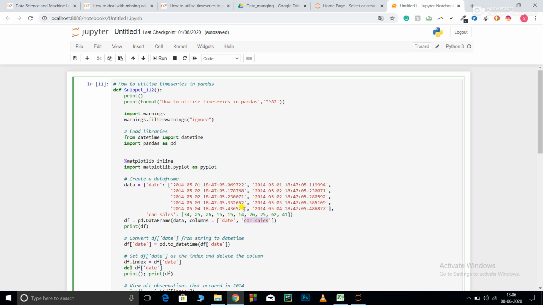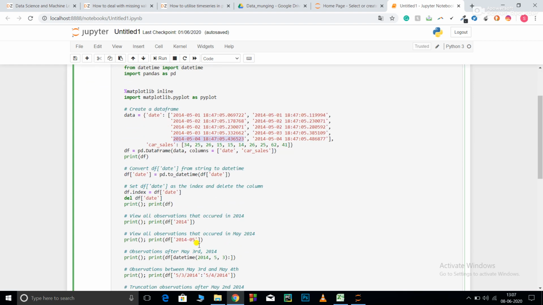Now as I have not specifically said that these entries are time series, they haven't been timestamped yet. That is, Python is going to recognize these entries as just string values, nothing else. But I want pandas to know that these are not just string values but dates, so treat them as dates. So what I'll do is convert this date column, I will timestamp them, I will convert them to time format. So pd.to_datetime(df['date']).